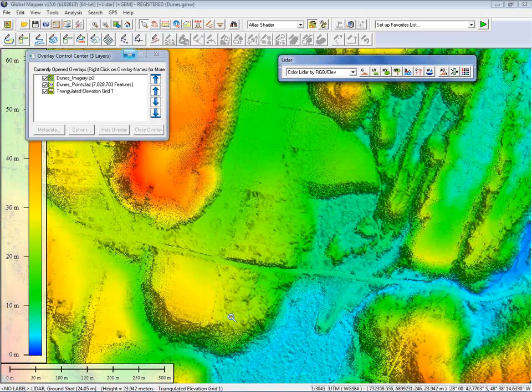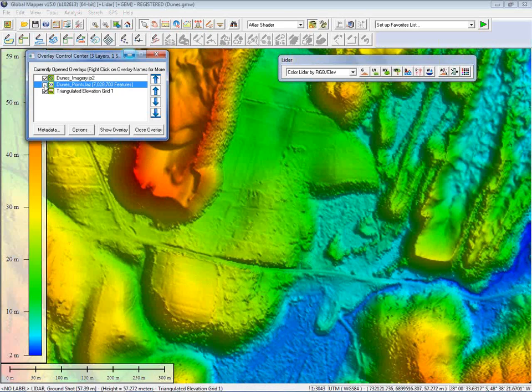All right, so now we have created our terrain surface. I'm actually going to turn off the LiDAR so we can take a look at it on screen here. This red section is the sand dune that is encroaching on the residential neighborhoods around it. And let's move the imagery up so that it will be on the surface